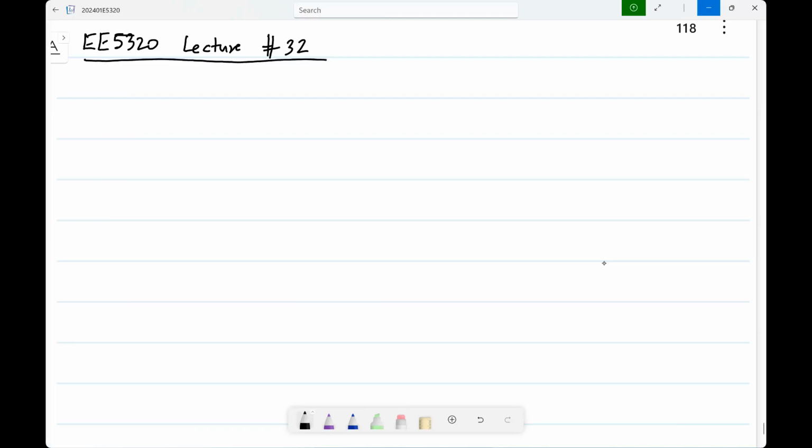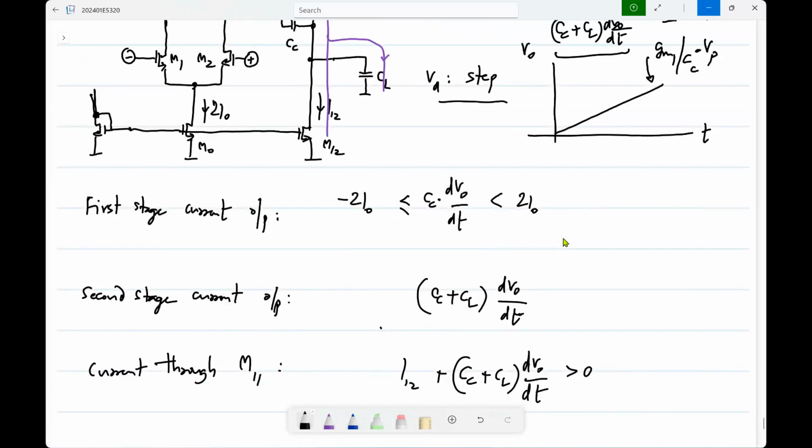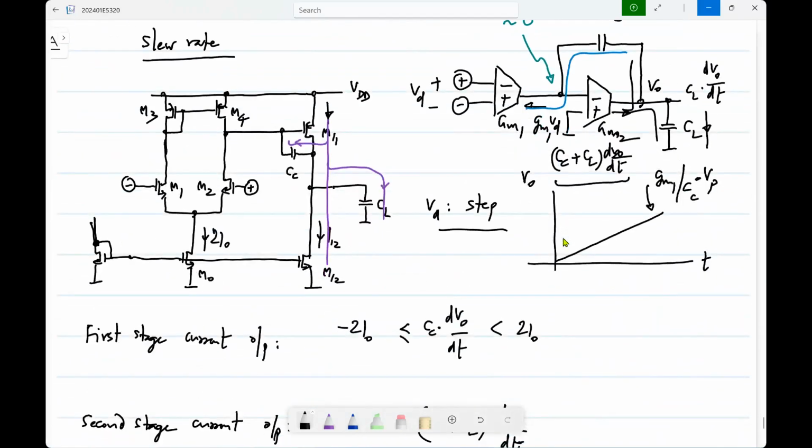We were discussing the two-stage op-amp, which consists of any single-stage op-amp followed by a common source amplifier with an active load. Now, this can also drive resistive load. So, this is actually the most commonly used type of op-amp. And if you need even more DC gain, then you can use even more stages. You can go on adding common source amplifier stages. So what we saw was, I think we evaluated all the relevant parameters because